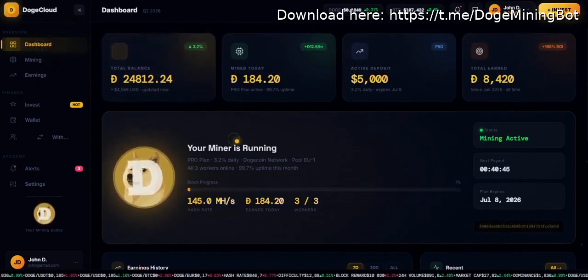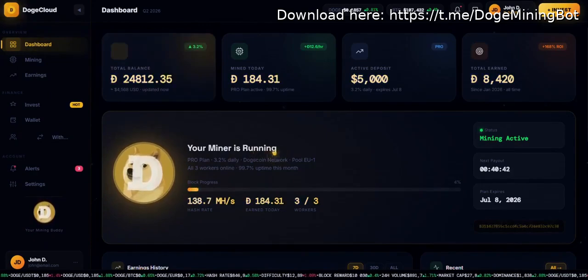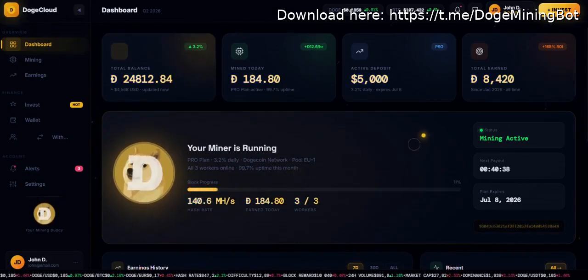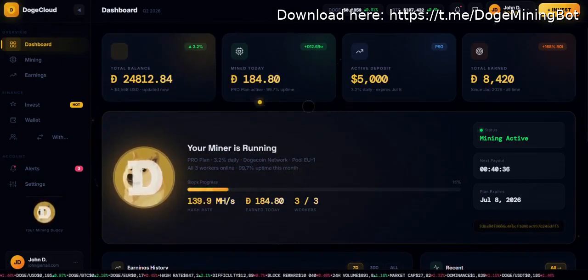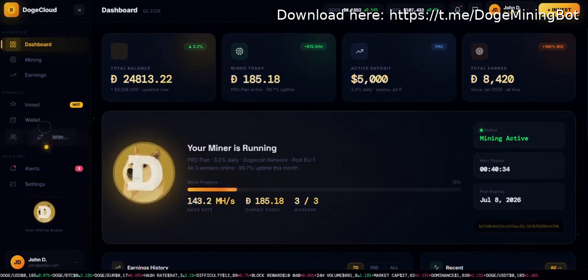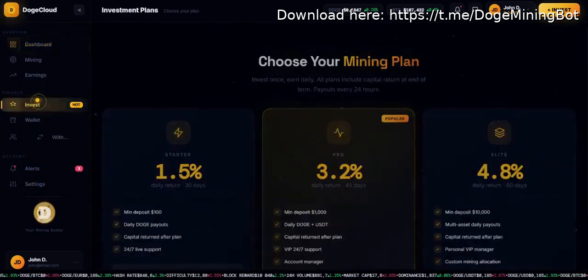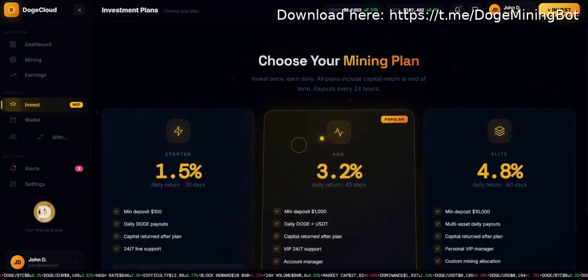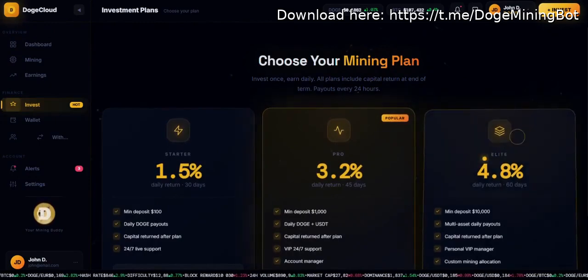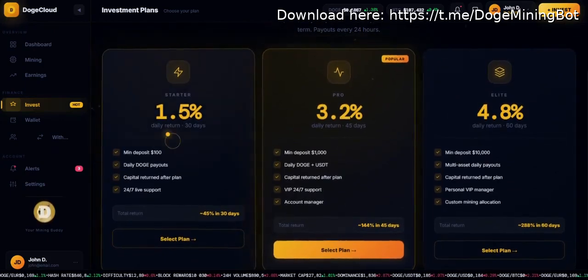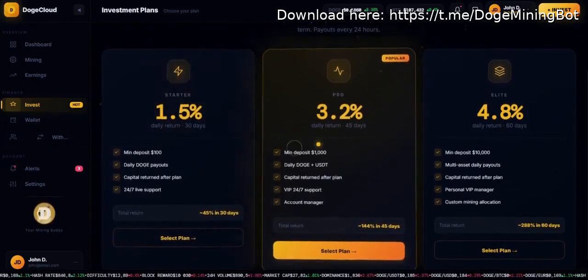Key platform features include Dashboard, a comprehensive overview of portfolio balance, active earnings, total profit, mining hash rate, performance charts, recent transactions, active plans, and referral tools. Investment plans, multiple investment packages with different daily return rates and durations, allowing users to choose a strategy that matches